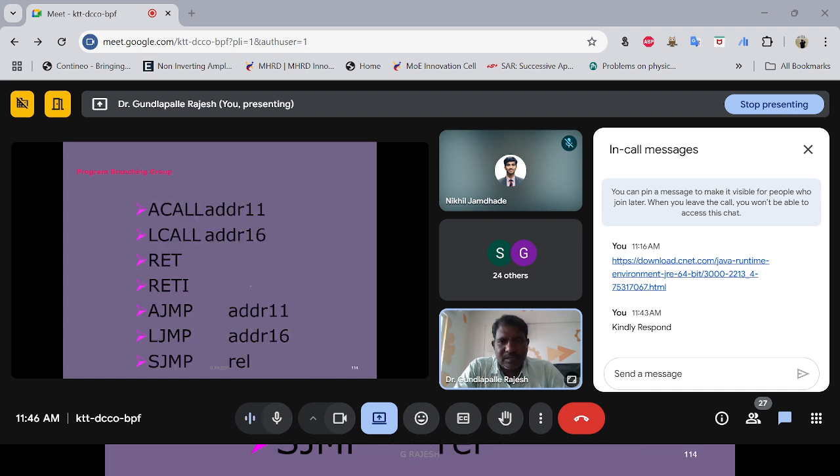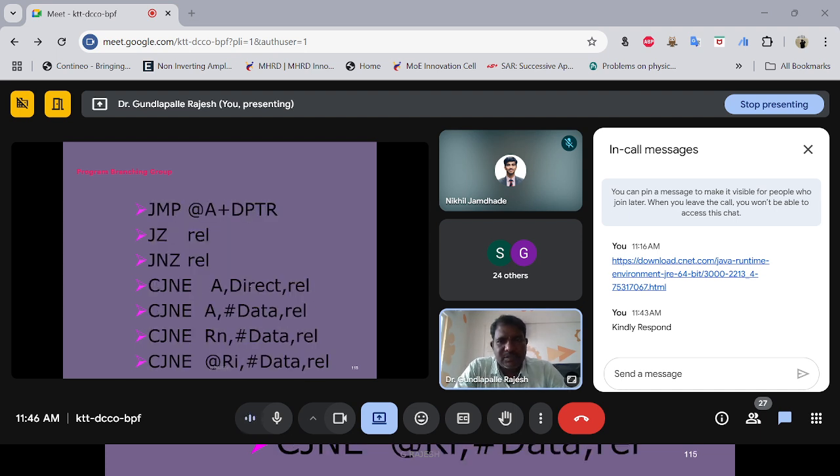Next we have the other branching instructions like jump, and we have JZ, jump on zero flag, jump on no zero flag, and then we have one instruction called